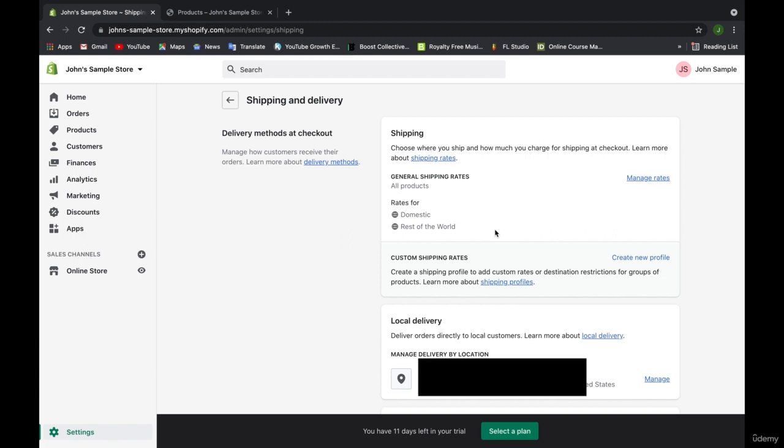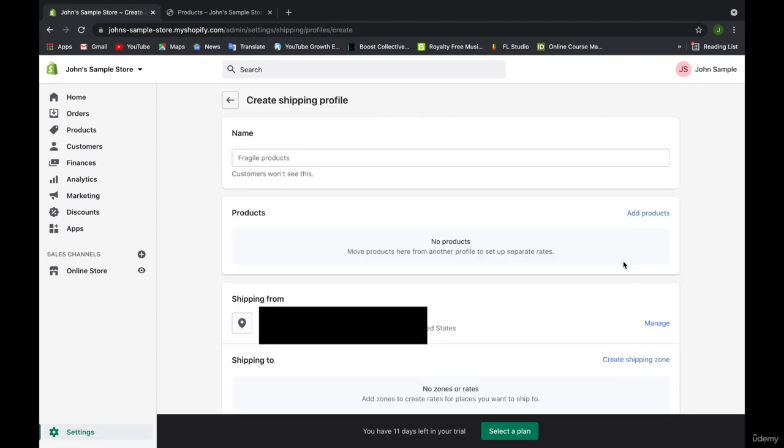And of course, if we want to create a new shipping profile for a set list of products, we can do so here by clicking Create Shipping Profile. Again, you can have this be t-shirts, jackets, and so forth. If your shipping prices aren't universally the same across the board, you want to have separate shipping profiles because you don't want to lose money on shipping products that are a bit more expensive to ship. So make sure you think about this as you are dealing with your shipping rates